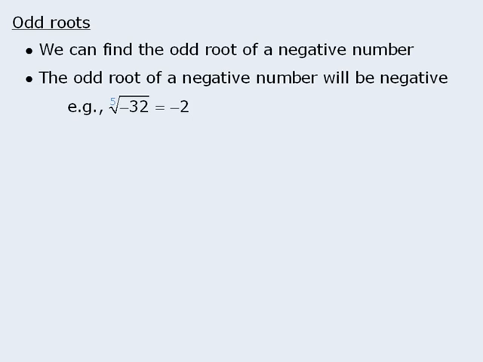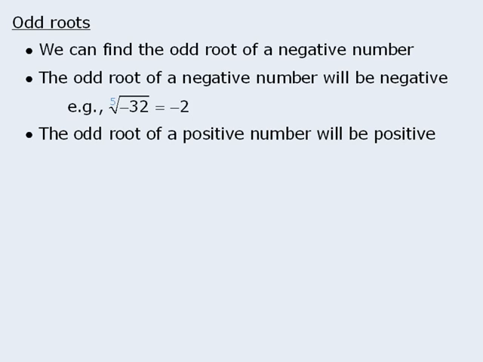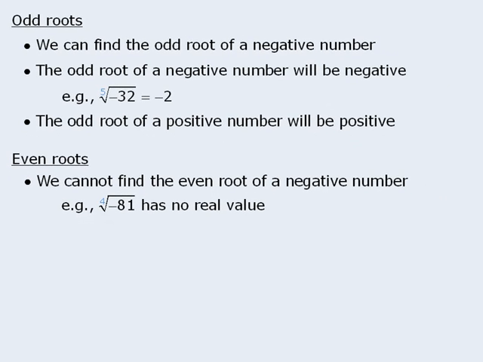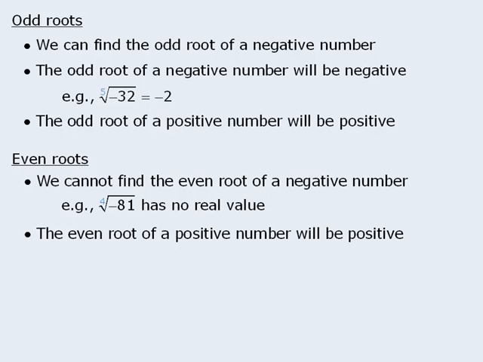Now, another property is that an odd root of a positive number will always be positive. Now, when it comes to even roots, one property is that we cannot find the even root of a negative number. So, for example, the fourth root of negative 81 has no real value. Another property is that the even root of a positive number will always be positive. So, for example, the fourth root of 625 is 5, since 5 to the power of 4 is equal to